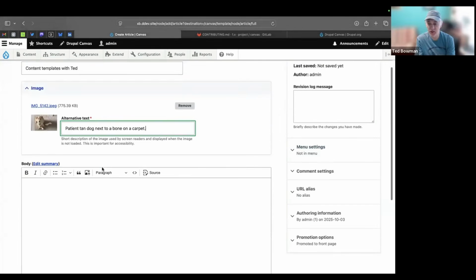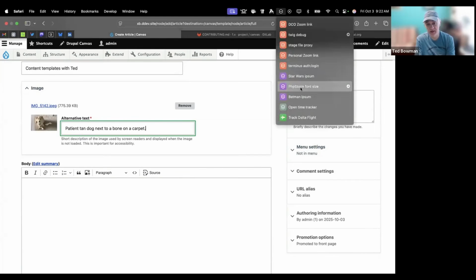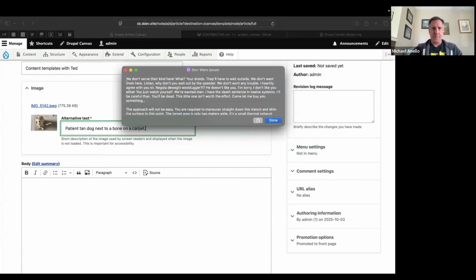So if people are testing without a theme that has components and just want to turn on our test SDC module that comes with Drupal Canvas,